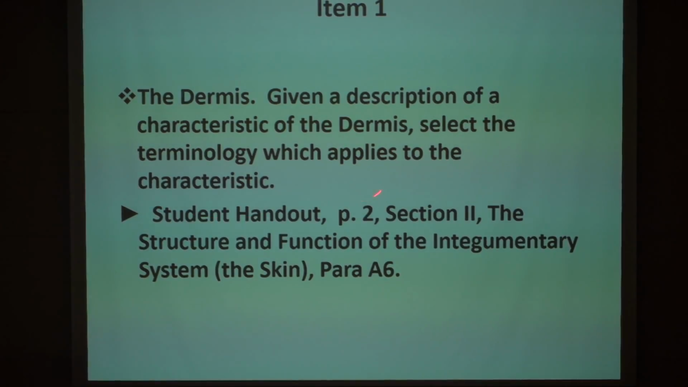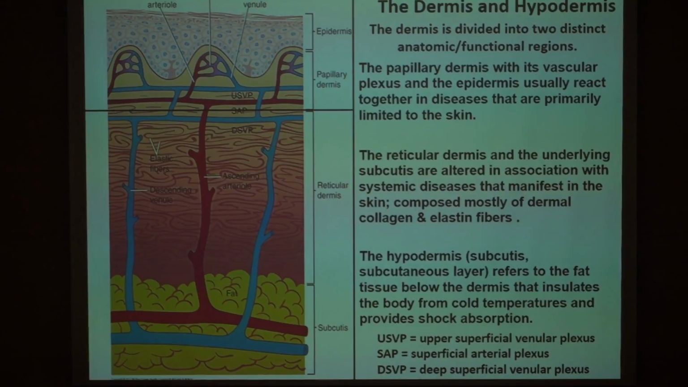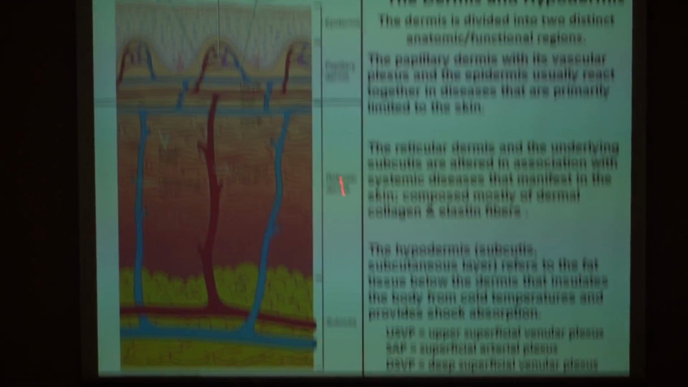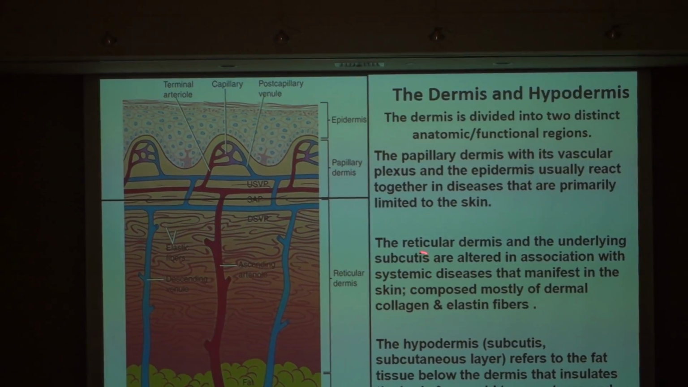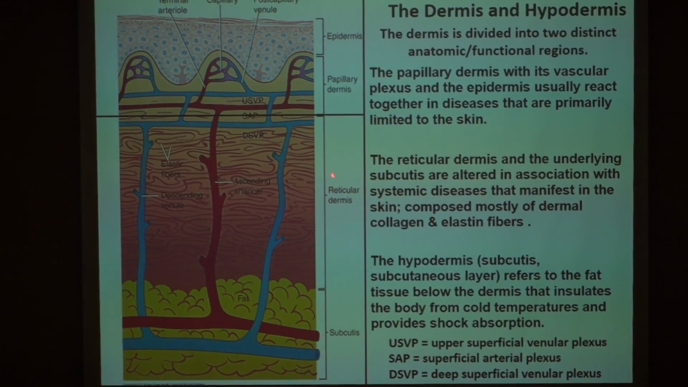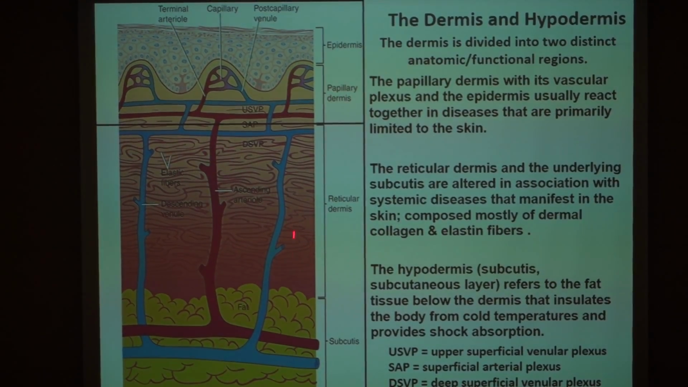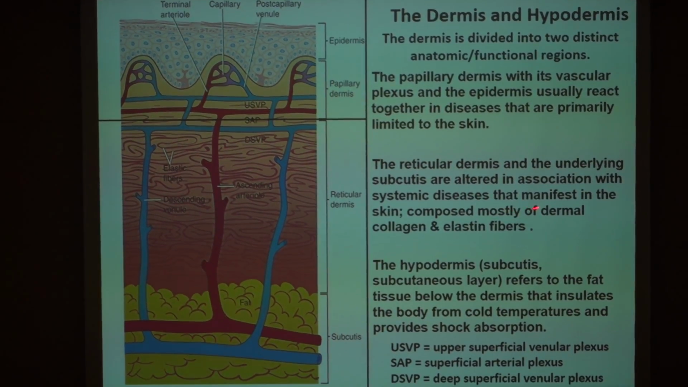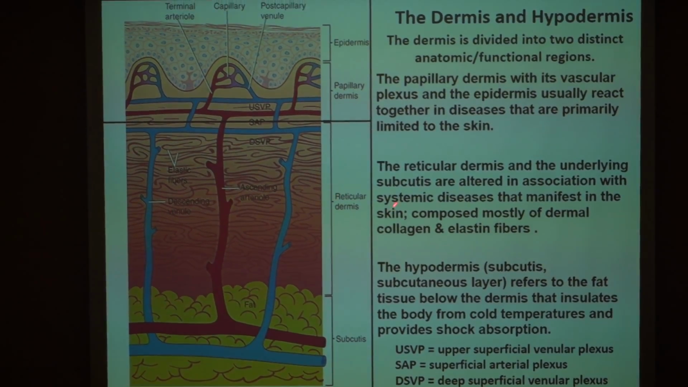Okay, this is the first item that's on your list. You have the section in your notes. When you read your notes, be sure to understand that the reticular nervus and the underlying subcutis, and that's what we're talking about here, the reticular nervus and the subcutis, are altered in association with systemic disease that manifests in the skin. And when we talk about